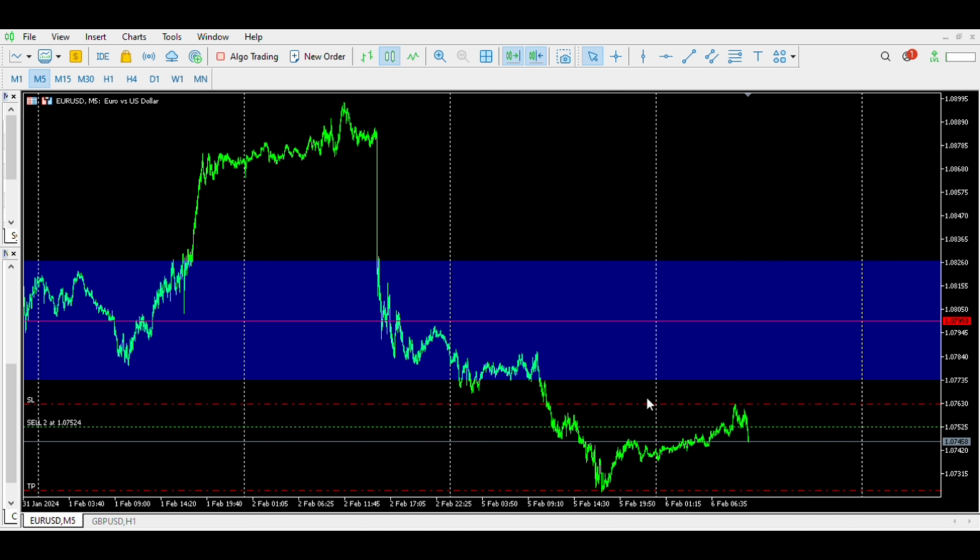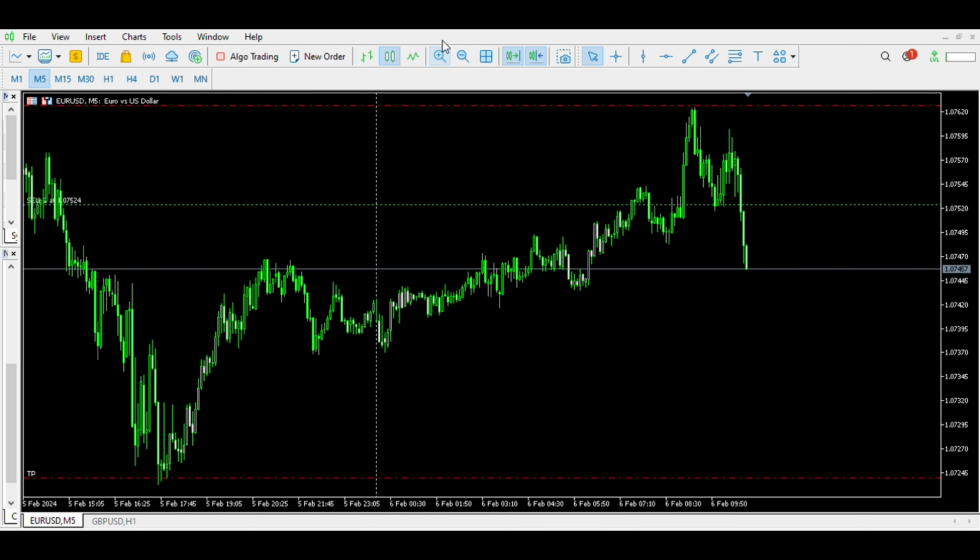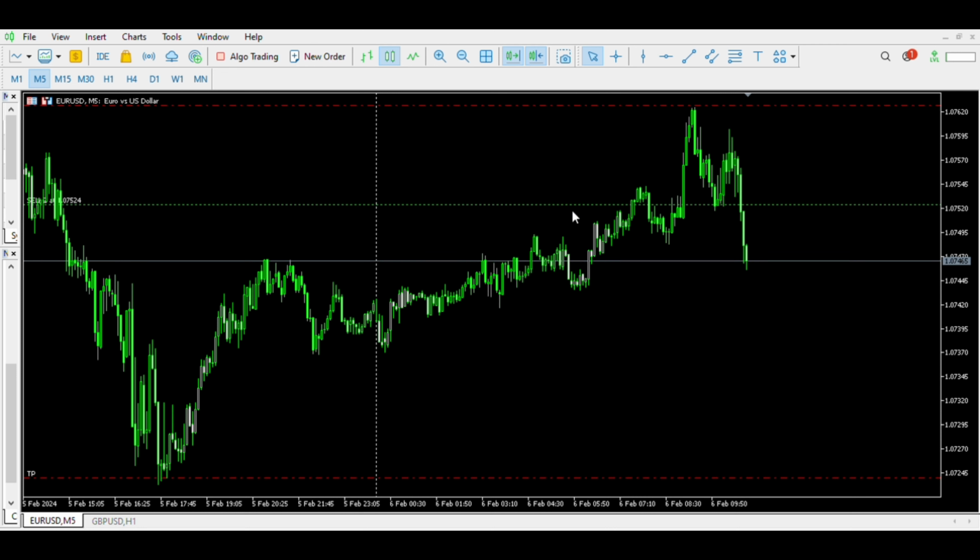So that's my theory, okay? So I looked at that and I thought, okay, cool, it may be going for those equal lows. So I need something to confirm my bias, and the way I confirm my bias is through price action, okay? So supply and demand, we have a little trend going up, heading up towards supply, okay? That's the way I see it, okay? We are looking for a sell, so it is an iron supply. I need a reversal pattern. So we have a little trend going here and we need a break in structure so it could start going down, okay? And that's what we have here.